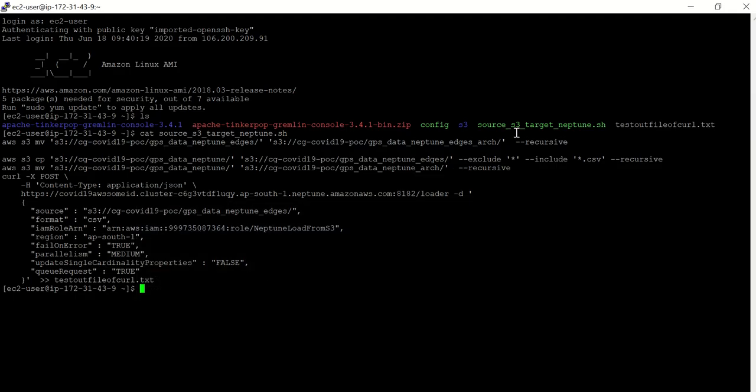Okay, if we run this SH, it will basically call this HTTP and post the data which is in the bucket, GPS data Neptune edges, which we just copied the new data.